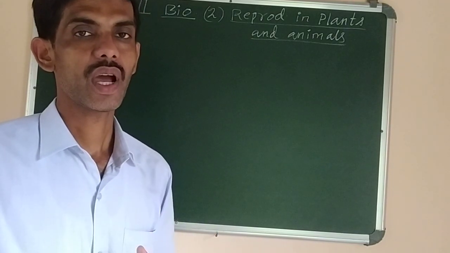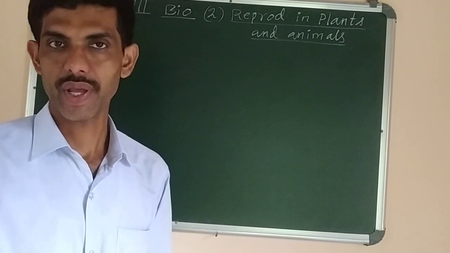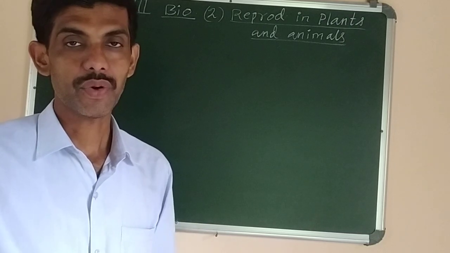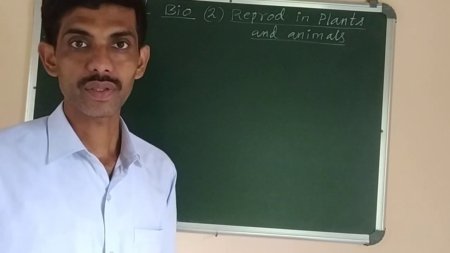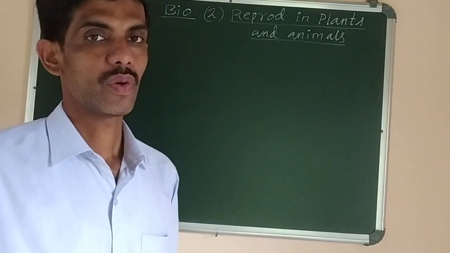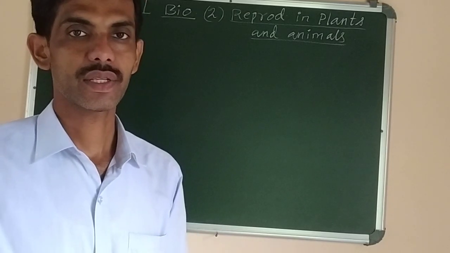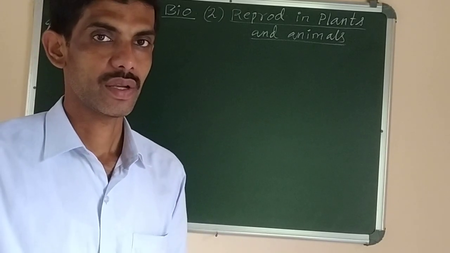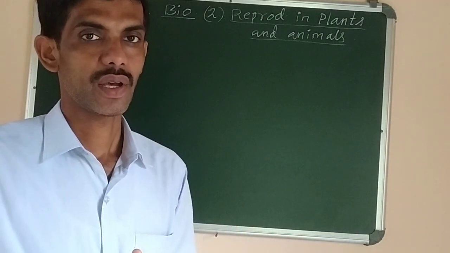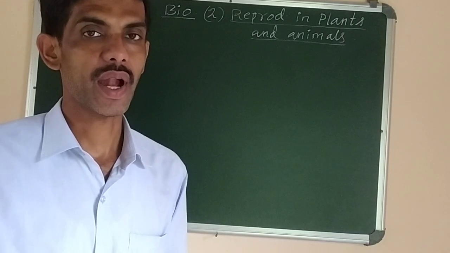Because we need artificial pollination, we need certain characters or traits to increase the characteristics of the plant. So by this method of artificial pollination, we can get the desired characters of two different plants in a new plant. The new plant which is produced by crossing two different plants with different characters is called a hybrid. Such a plant is called a hybrid.